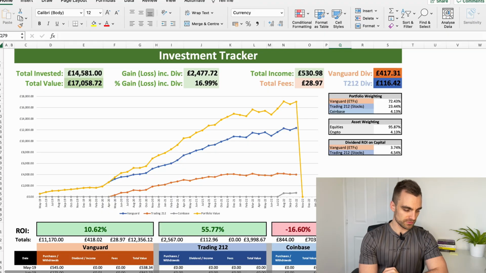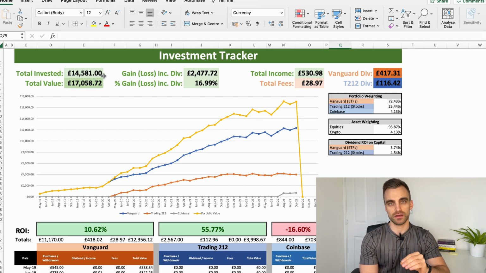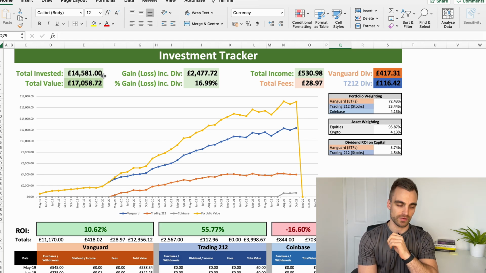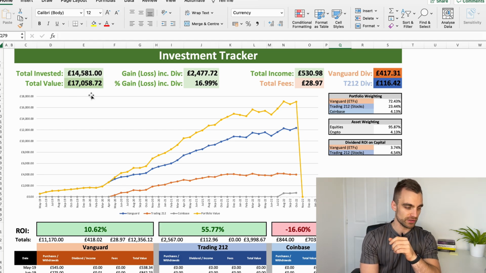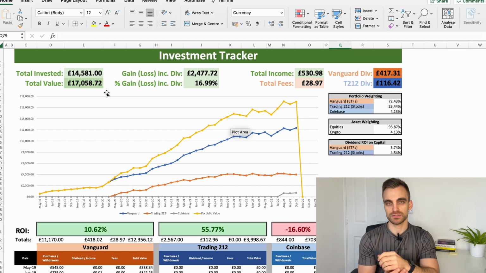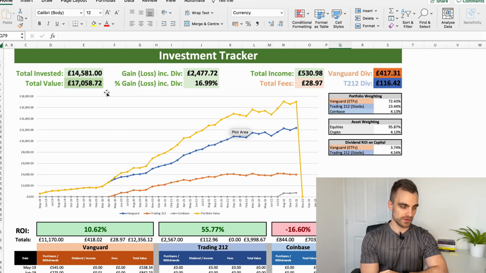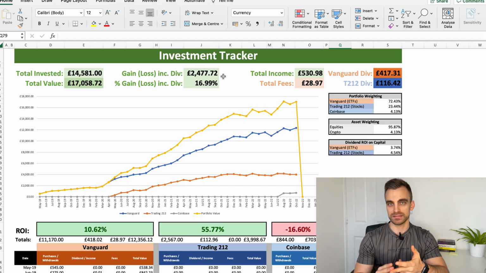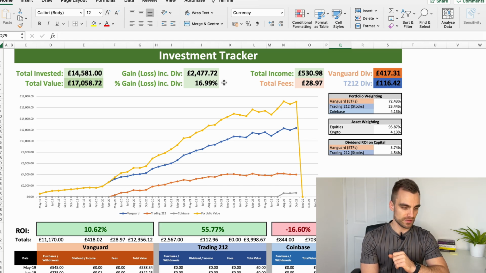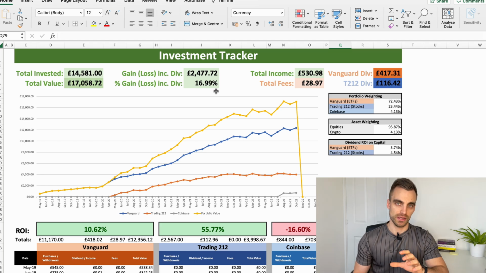You can see from this dashboard page, I've got lots of information here on screen. I've got the total invested cash, so the total amount that I've invested across every single one of the investment platforms that I currently invest cash in. You can see the total value of all of those investment accounts, and of course that will get updated throughout this video. You can see the total gain or loss, so that's including capital gain and dividend gain throughout the longevity of this portfolio. And then the total return on investments, the total cash on cash return on investment, including